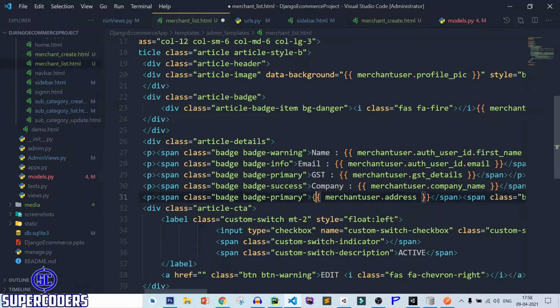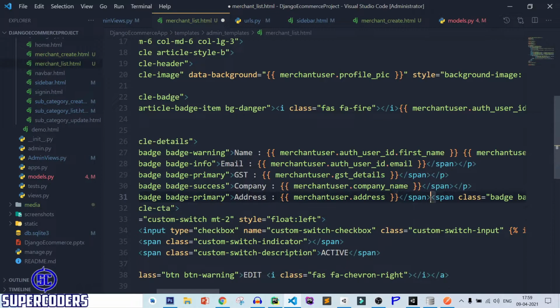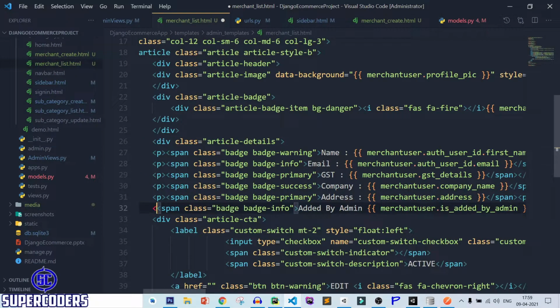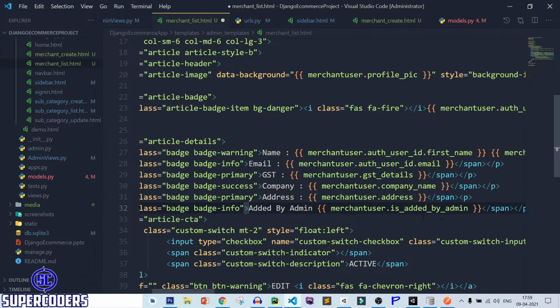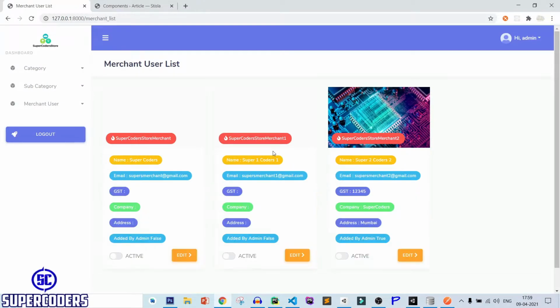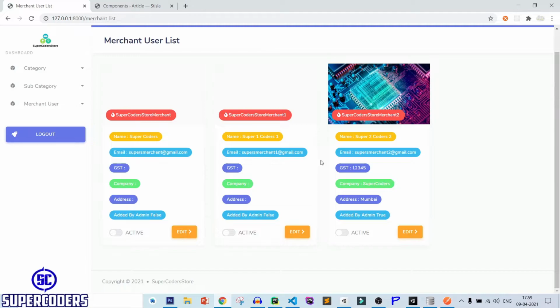Next is address, next is added by admin. So save everything, refresh page, and you can see it is showing data.